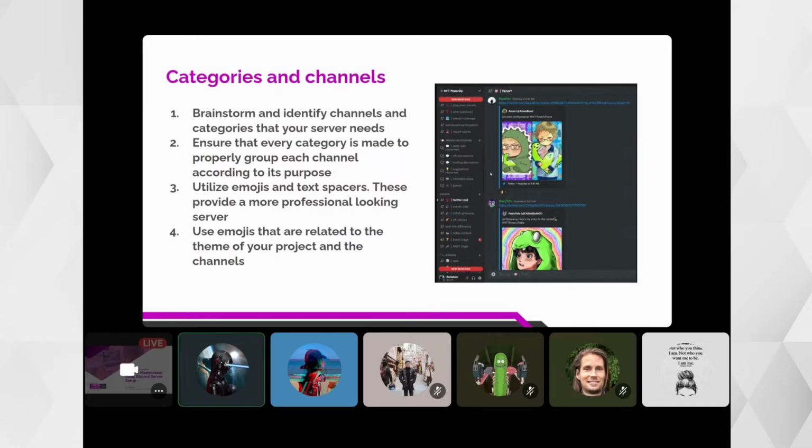And then as usual, if you have been fond of NFTs for a long time, you will observe that in these servers, in the channels, we utilize emojis and text spacers. Like in this example, we have this line, and in this server, we have this period, because these text spacers are used because we do not have